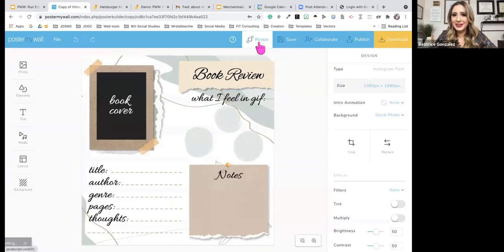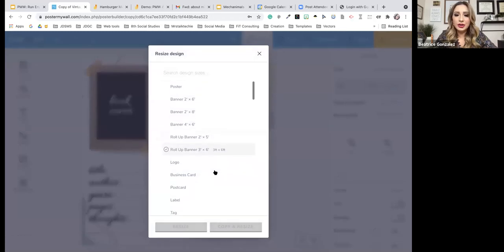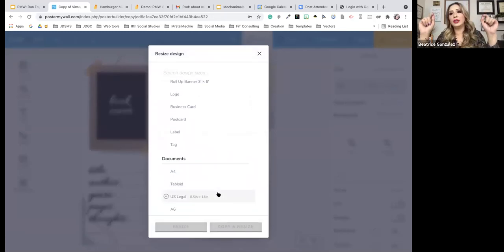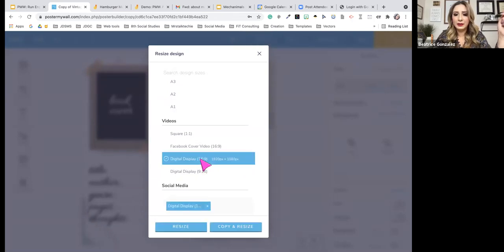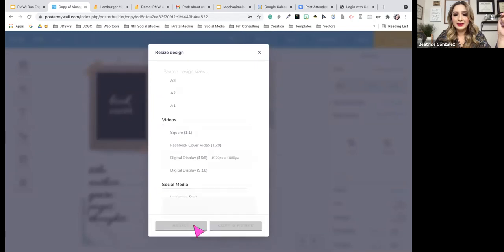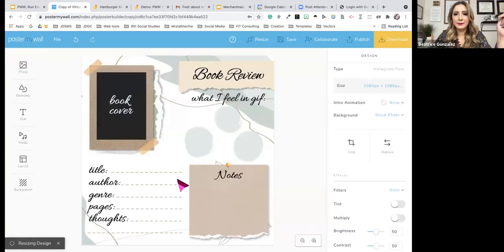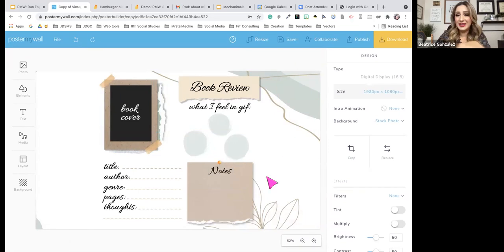If we're going to do a Google Slide or a Jamboard, it's 16 by 9, the digital display, this one right here. I'm going to click on that one. Resize. And now it's been resized. Notice it's all 16 by 9 and it'll fit perfectly on a Jamboard.